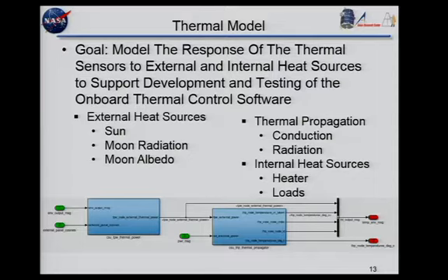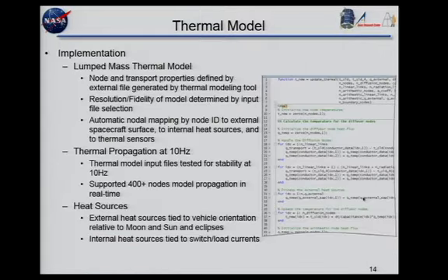And the thermal propagation really focused on only the conduction and radiation. So that sort of defined our problem. In terms of the implementation, we used a lumped mass thermal model. And effectively, we had a table that was generated using thermal analysis tools that our thermal analysis group had access to and was using to analyze the performance of the spacecraft.